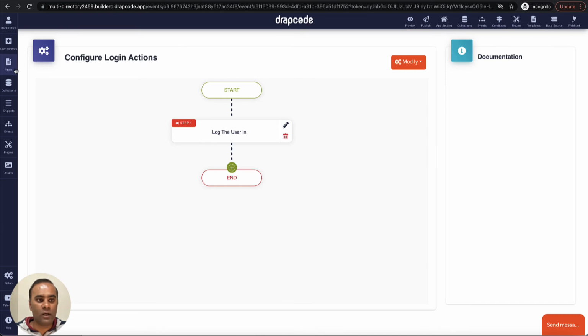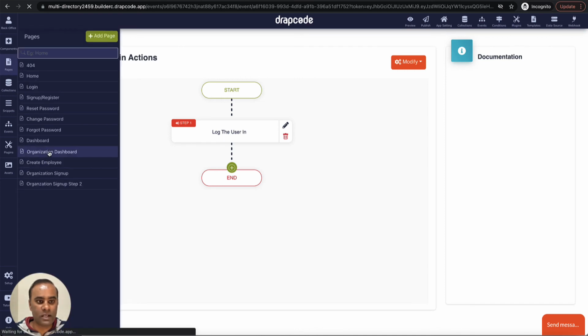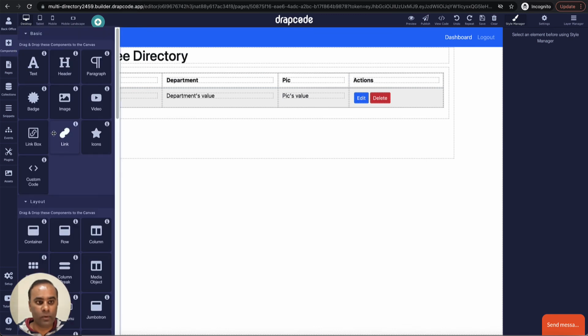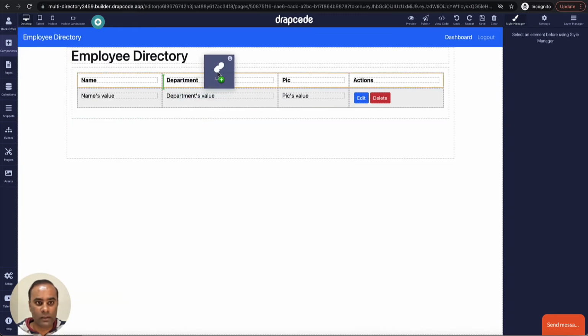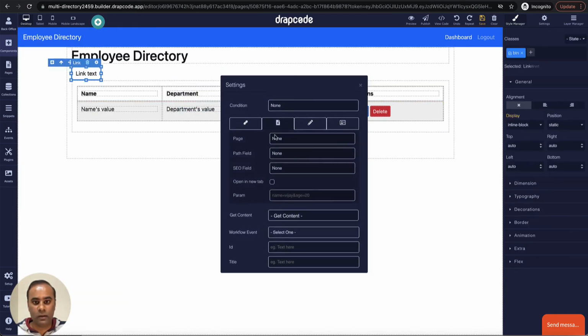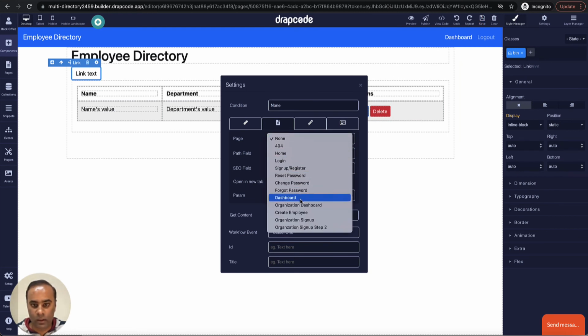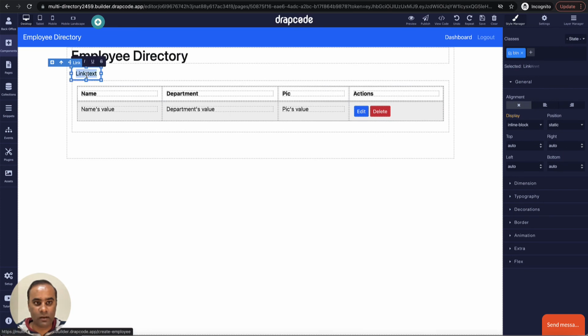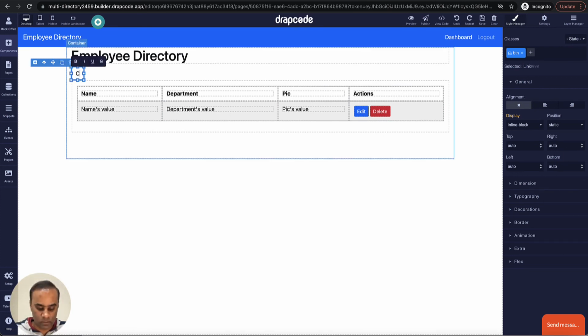We go back to the employees organization dashboard again. Here let's put a button to add new employees. So I'll go to a link and just add a link here, and maybe link it to create employee page, the page which we created previously.